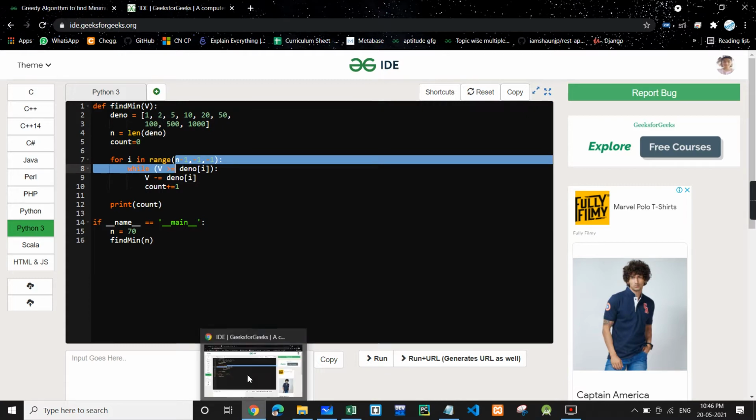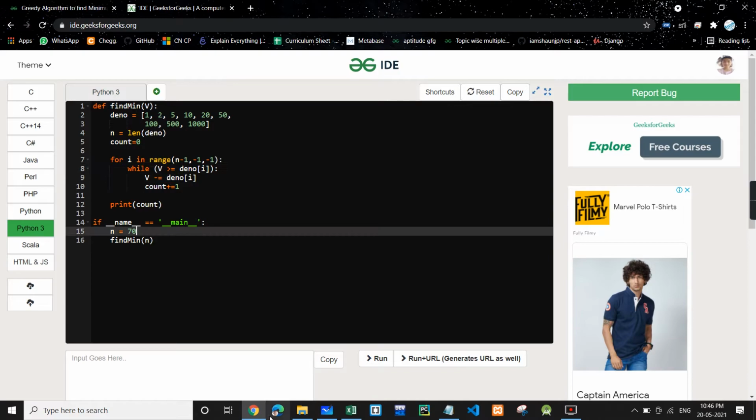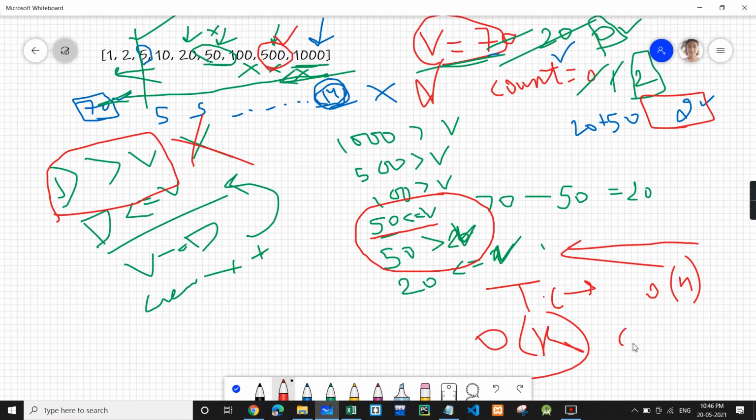So overall the space complexity will be constant, and time complexity is O of n.